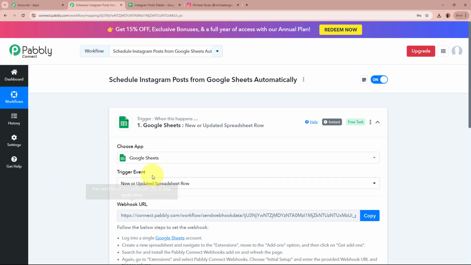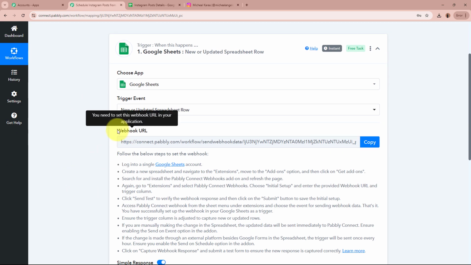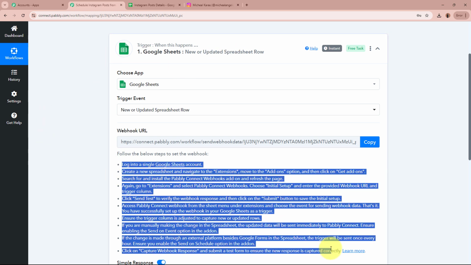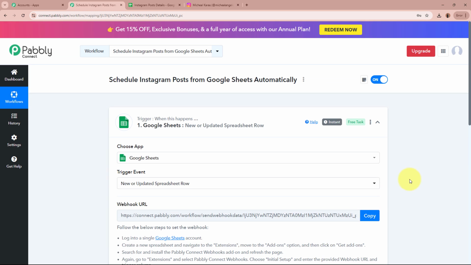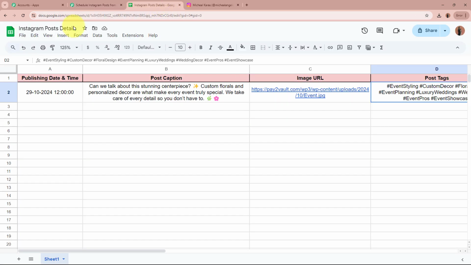After selecting the trigger application and the event, you can see that Pabbly Connect has provided us with the webhook URL. With the help of this unique webhook URL, we are going to create a connection between Google Sheets and Pabbly Connect by following the steps given here below in the help text. So I'm going to copy this URL from here. After copying the URL, I'm going to open the spreadsheet that I want to connect to Pabbly Connect. So this is the spreadsheet named Instagram post details, and I want to connect this spreadsheet to